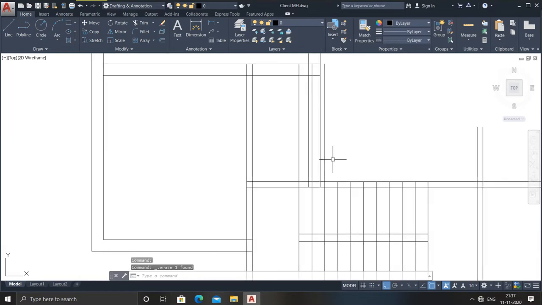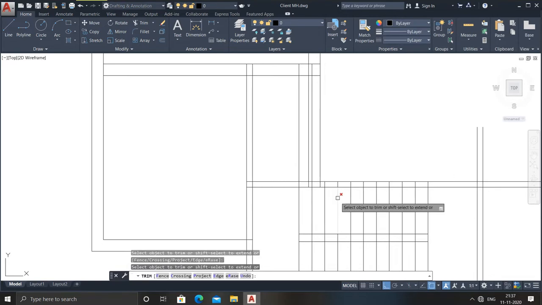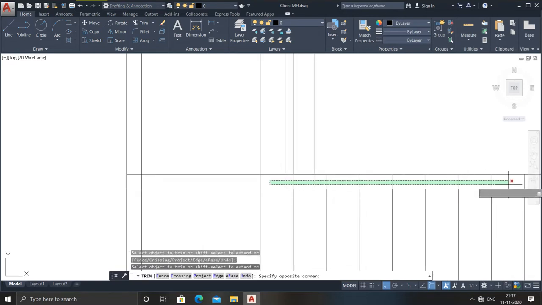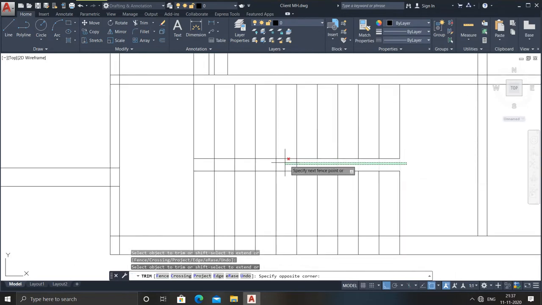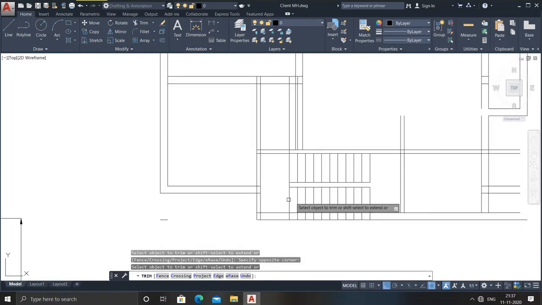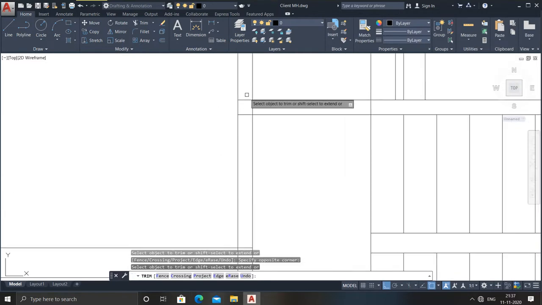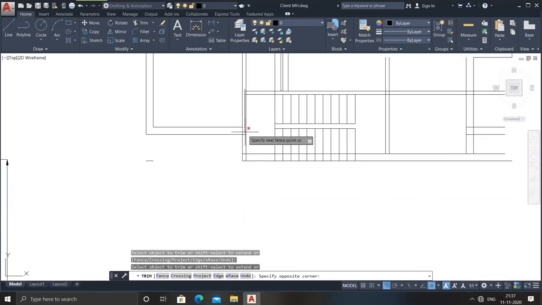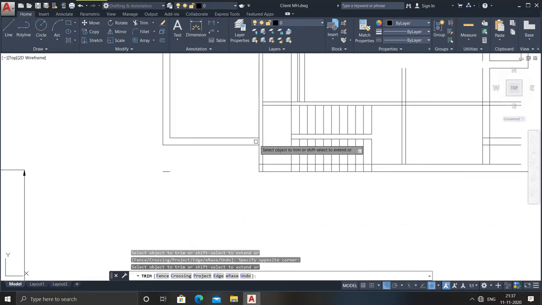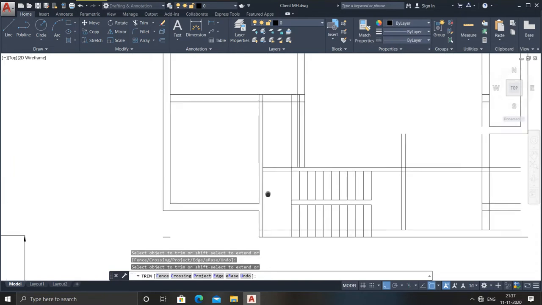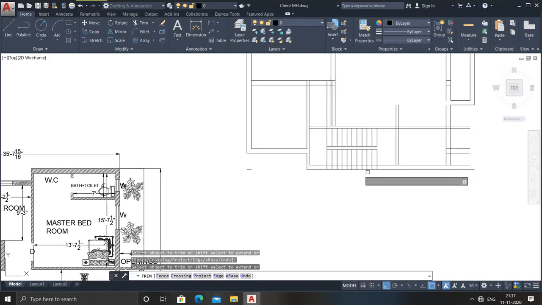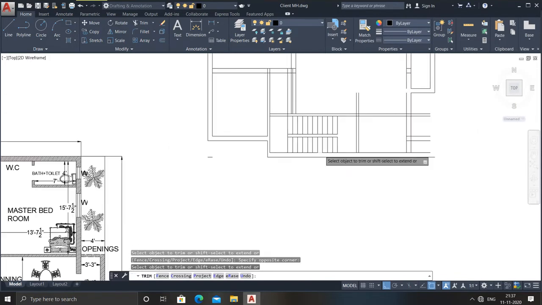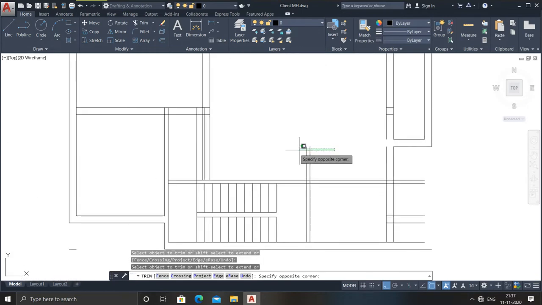After that, see this unwanted part, right? Just go for trim. It has been trimmed. Now not only this, here to here I need to trim it. This all, here to here also. After that, these middle ones I need to trim. So I hope you are getting what I am telling you. So watch it concentratedly, then you may understand each and every logic and trick of AutoCAD, which is really helpful to you.